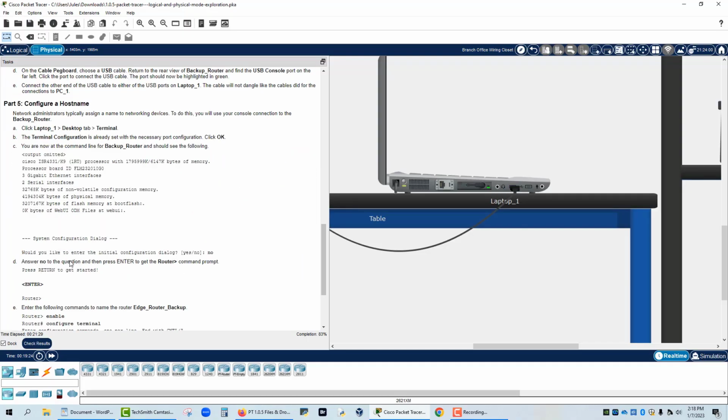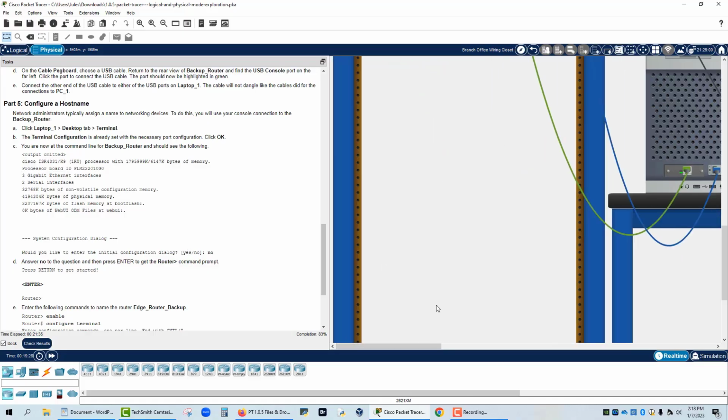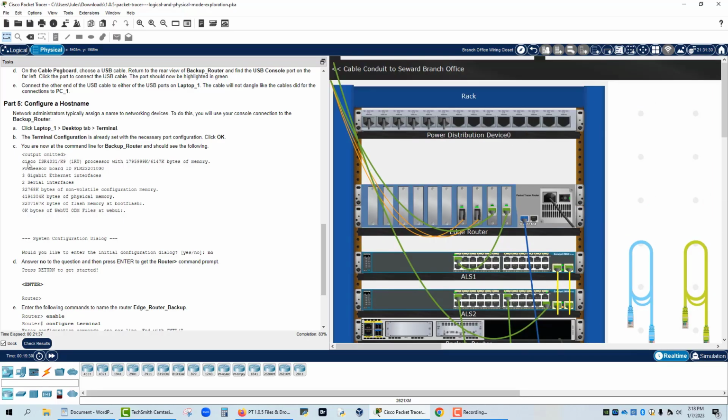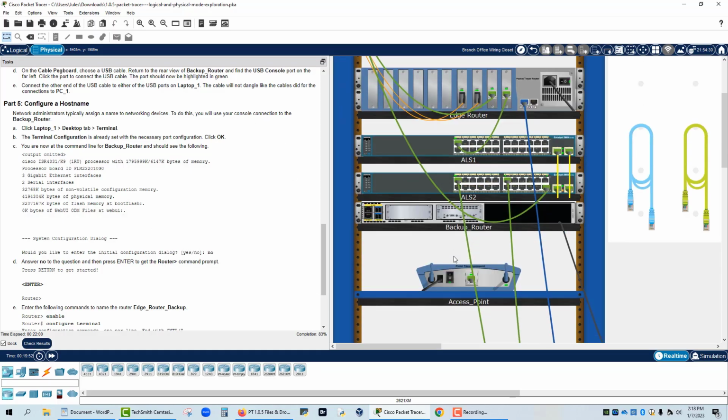Finally, in the last part of this packet tracer, we do a configuration of a host name. So it tells us network managers, they'll usually assign a name to a networking device so that you can tell one from the other, because out of the box, a Cisco router will just be named router until you name it something else. So we're going to use our console connection to the backup router that we just connected to give it a